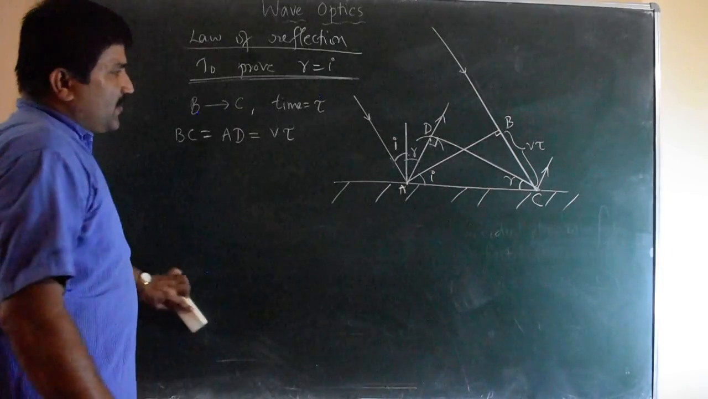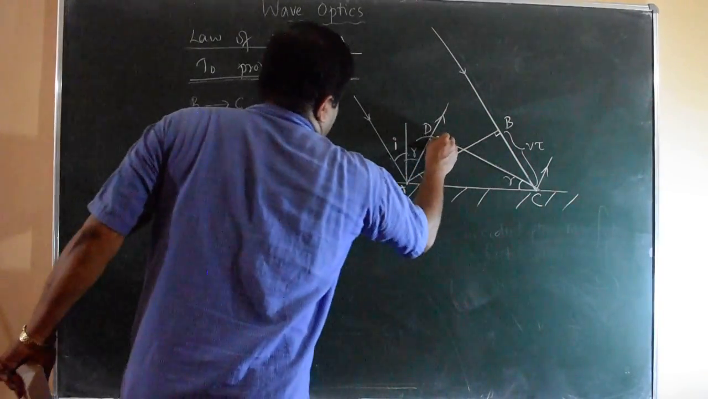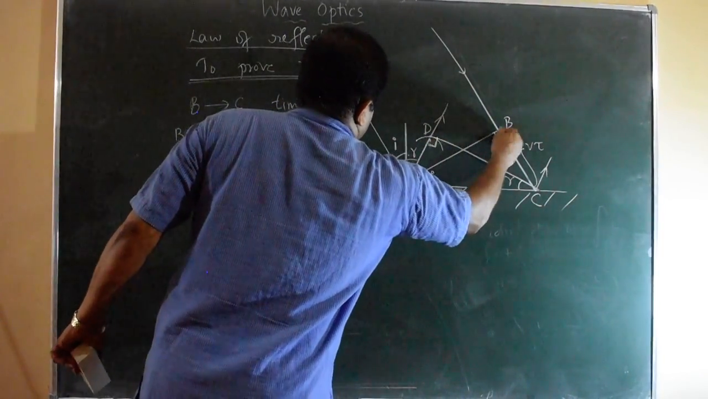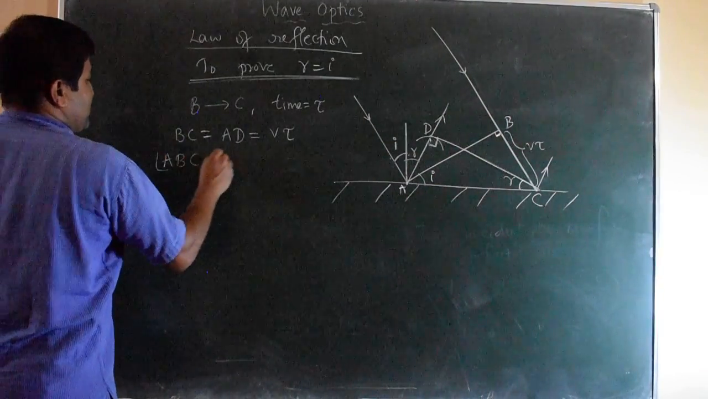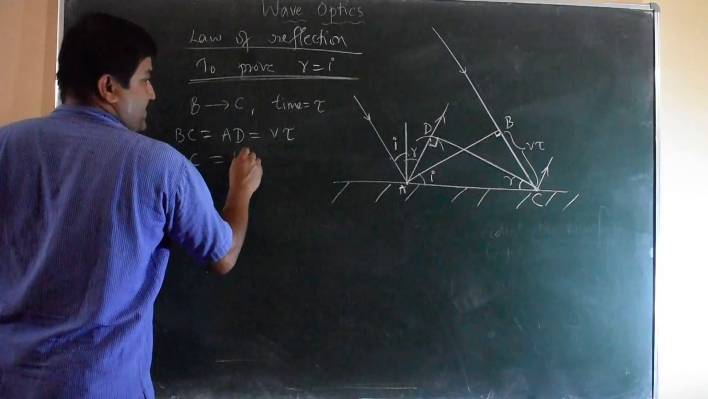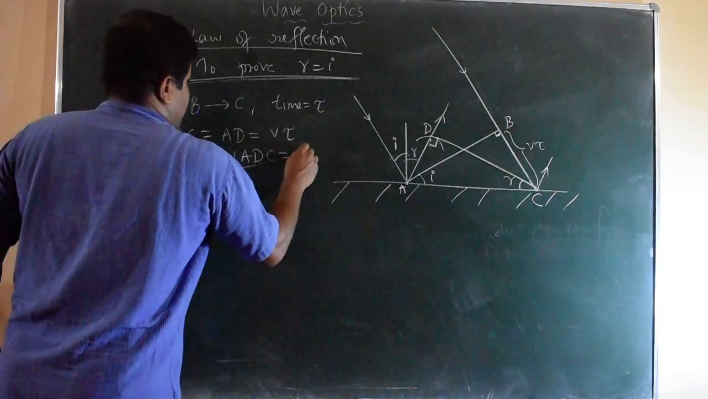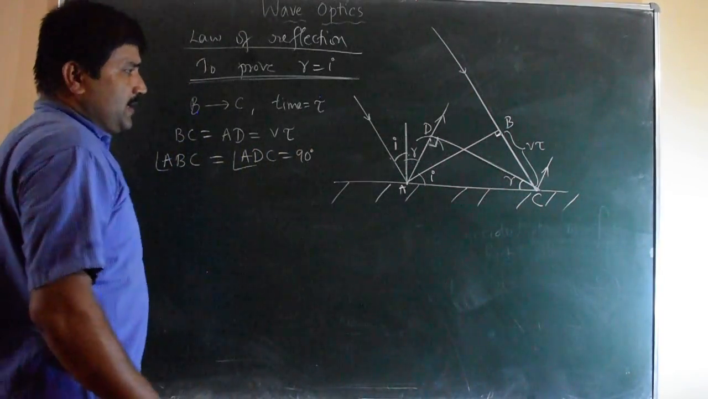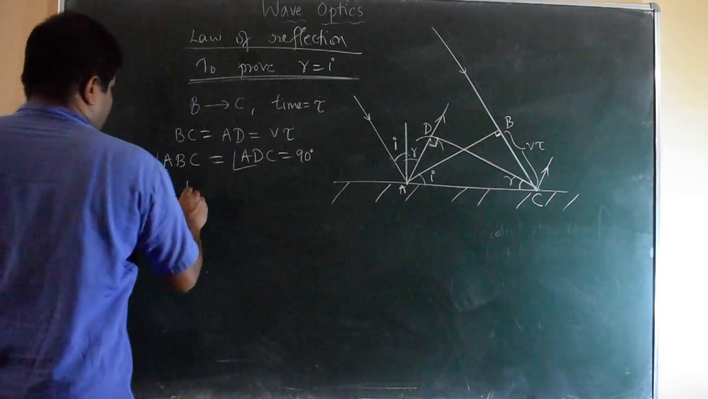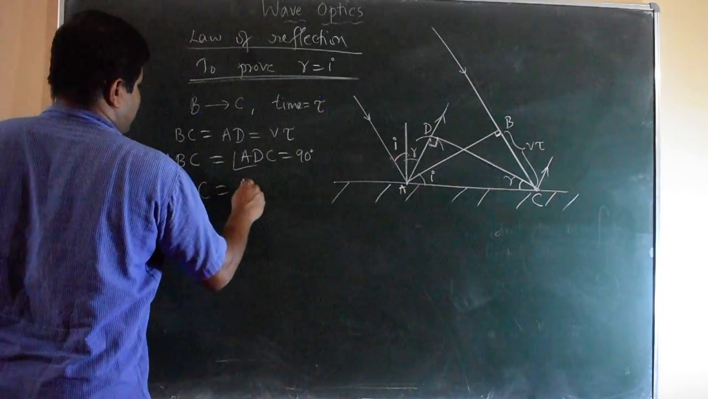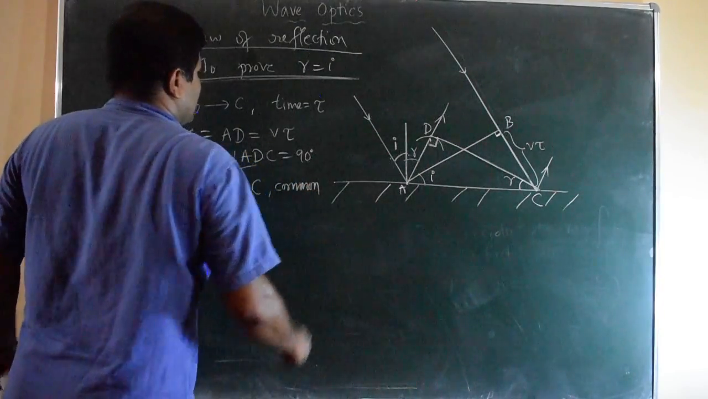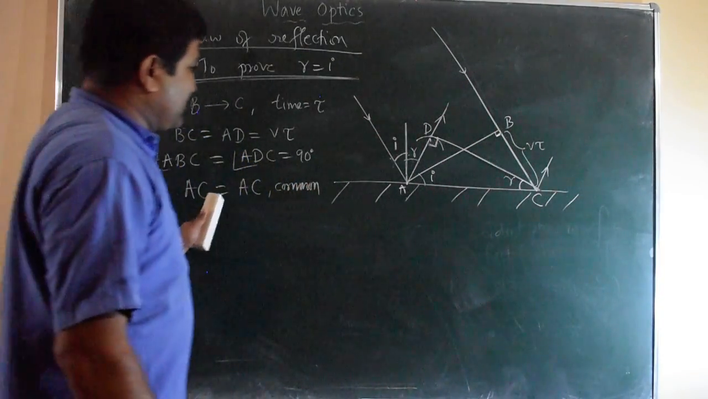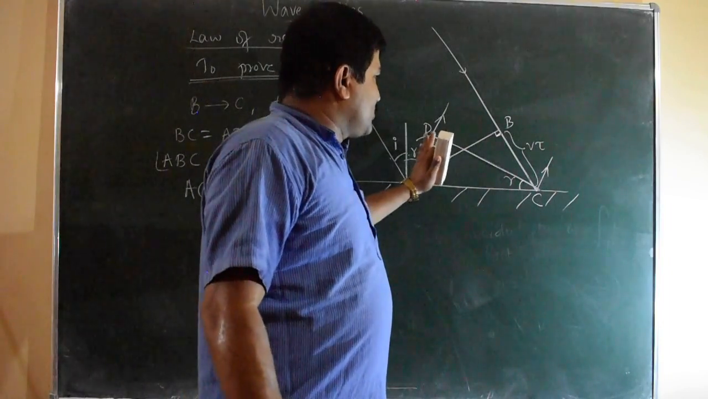Then one angle is 90 degrees, another angle here is 90 degrees. So angle ABC equal to angle ADC equal to 90 degrees. Then AC is common to both the triangles. Then what happens? The two triangles are